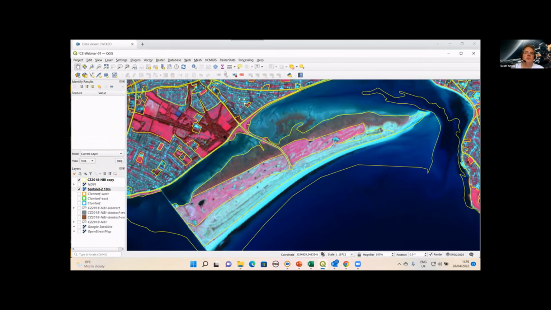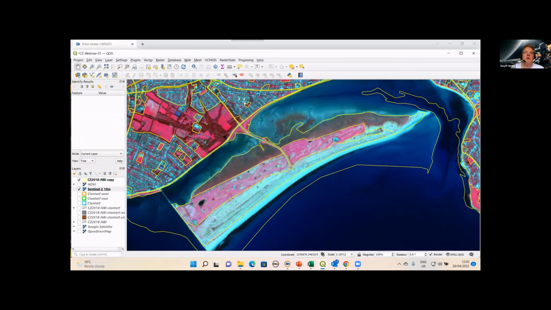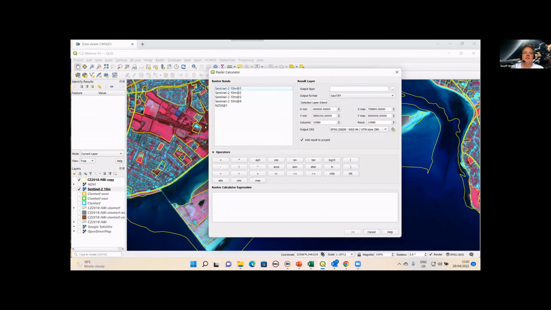So we have our image already loaded in here. If we go to the Compute Raster Statistics, the second plugin that I installed. No, sorry, wrong one. So if we go to the raster calculator, this is already part of the QGIS application. We can see here that it's listing the various raster bands that we have there. Ignore the NDVI because I've already calculated it. But it shows us that we have these 4 bands from the Sentinel-2 10-meter data. Band 4 is the near infrared and band 3 is the red.